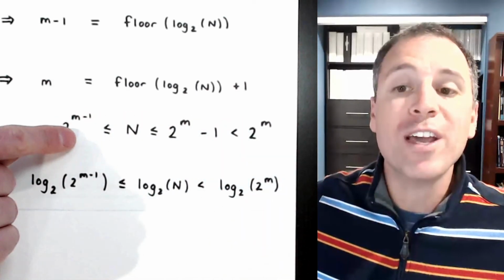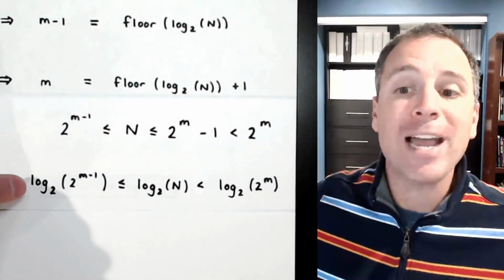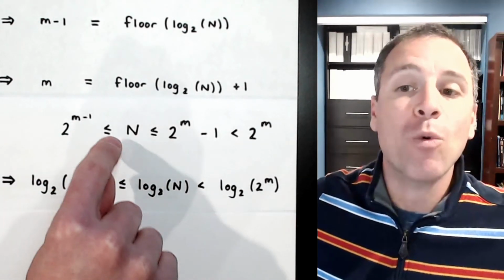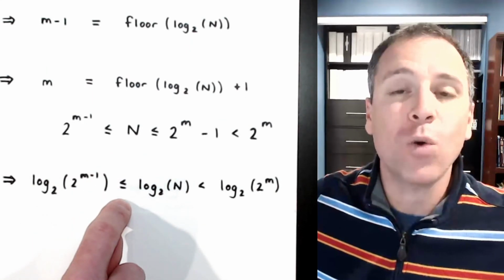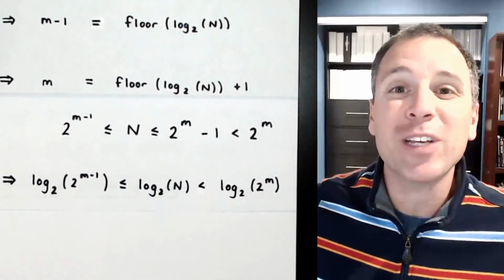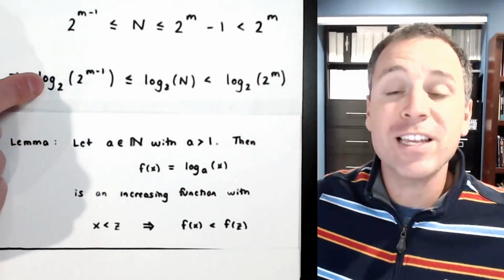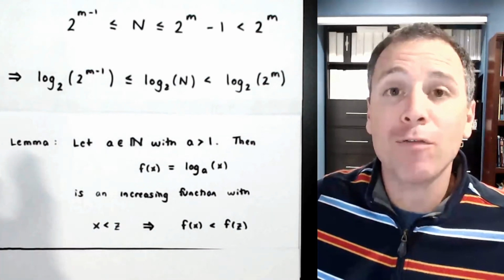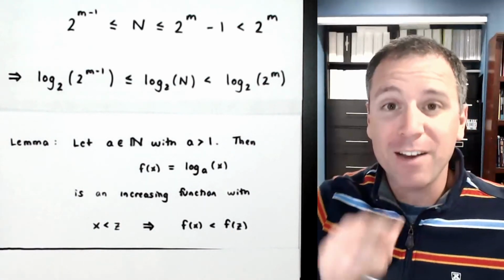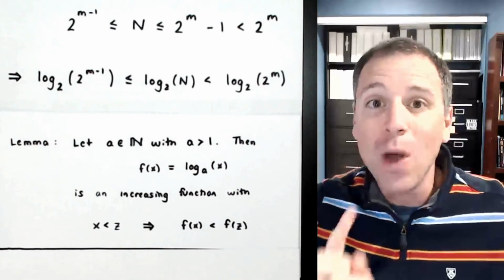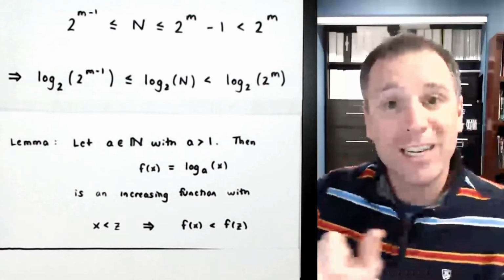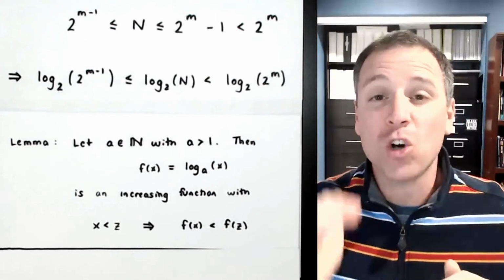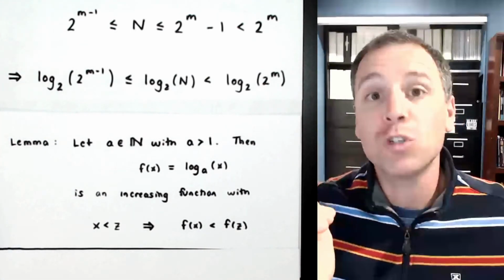We claimed that we could actually simplify this math by applying the log base 2 to the entire inequality, and that would maintain the direction of those inequality signs. And my claim is that that's actually a lemma. In fact, the reason that this log function maintains those inequalities really has to do with the behavior of a log function. If we remember, logarithms have a vertical asymptote at 0 and then go off to positive infinity as we go to the right on the x-axis. And in fact, the domain starts at 0, doesn't touch 0, and goes off to infinity.